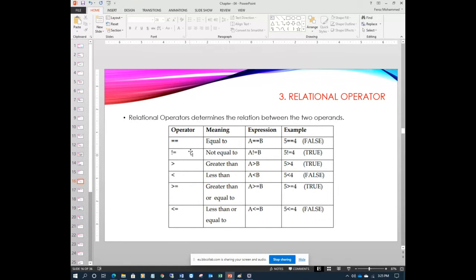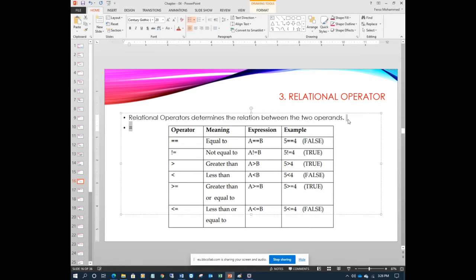Like you can say this is equal to. Okay, this is the equal to operator, not this one. You can say this one is the assignment operator. For our understanding we used to call it equal, but it is not the equal operator, it is the assignment operator. It is used to assign the value. We'll see this operator later on.